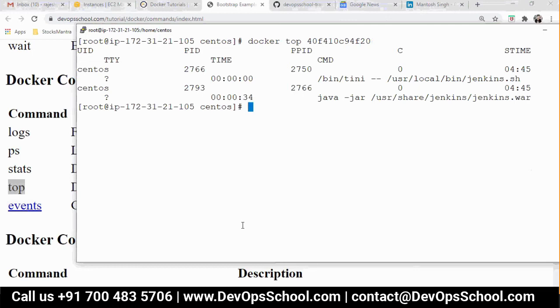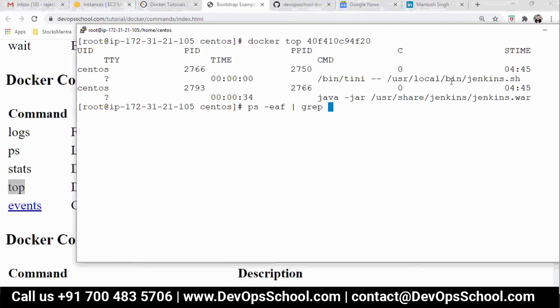Guys, got it? This PID should be the same as what you queried in the host machine with ps -ef grep jenkins.jar, right? I'll show you here.